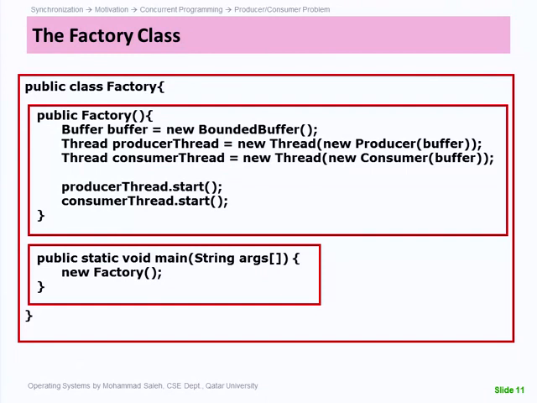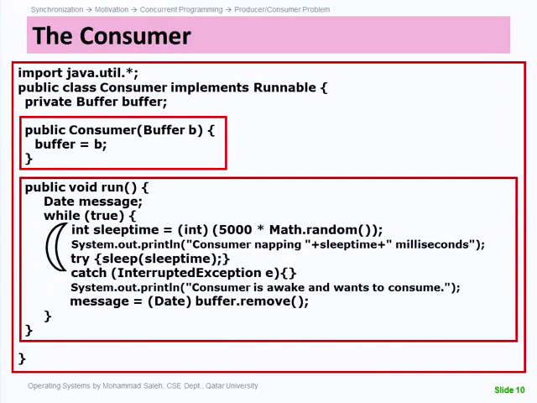And that's what we're doing in here, buffer. And then create what? A producer and a consumer. Sending the same object buffer to both of them so that they can share it. And then start them. If you notice here the way we start them